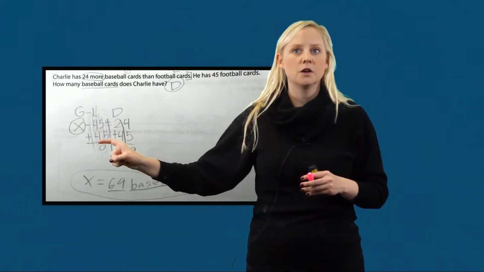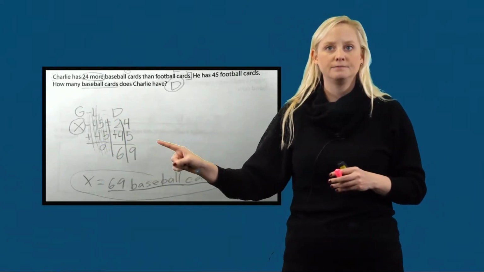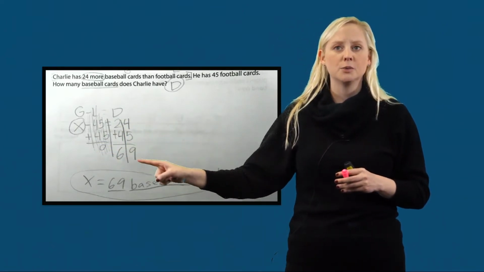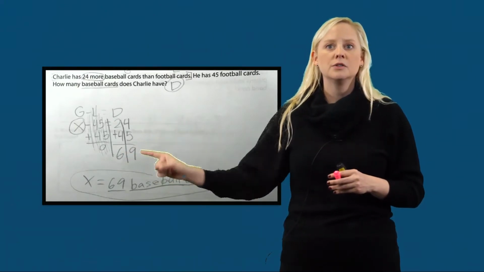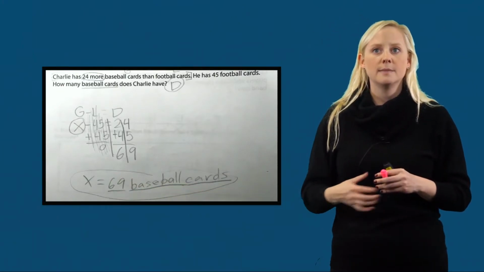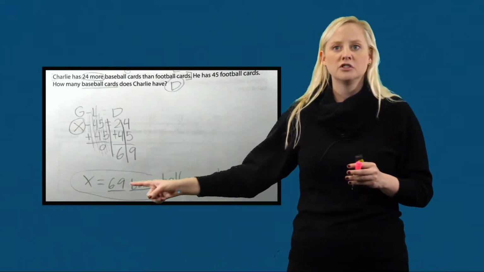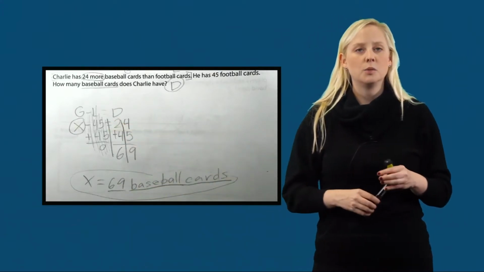To get rid of minus 45, we need to plus 45. What we do on this side, we have to do on this side. The student drew a vertical line between the ones and tens column to separate the two. The student correctly added, solved for X, and wrote a number and a label answer. Also, the student checked the work and identified that 69 is greater than 45 and 24, so we know the